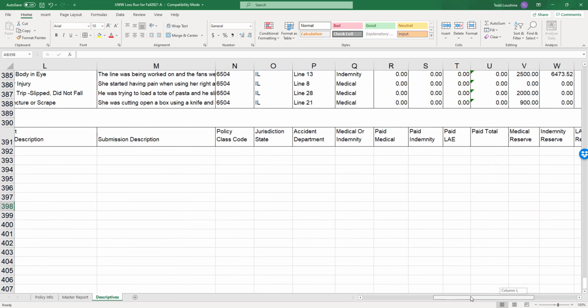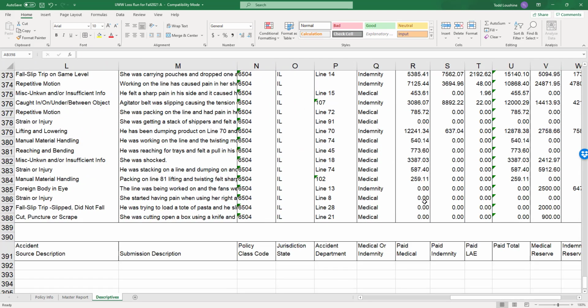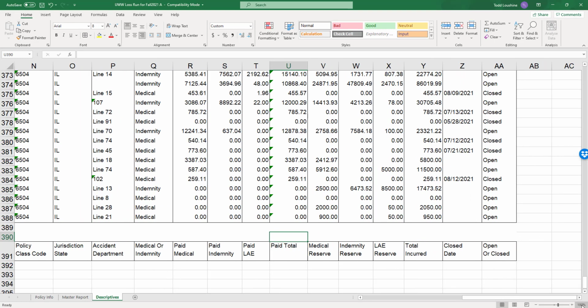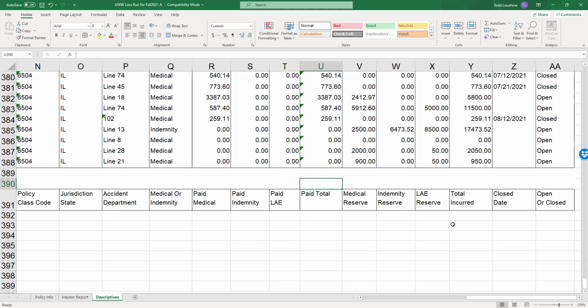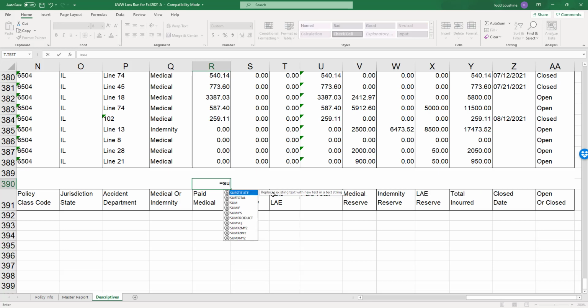All right, so let's check our work, okay? The total paid, what is the total amount paid in all three columns? But I'm going to show you something even simpler. I hope you guys can see. I hope this is big enough. I feel like I could do this for an hour and still not really get it all done. So the paid medical equals sum R2, that's the starting point, to